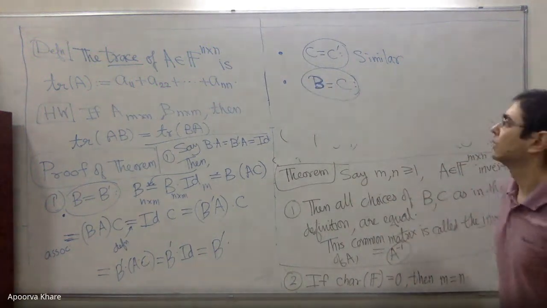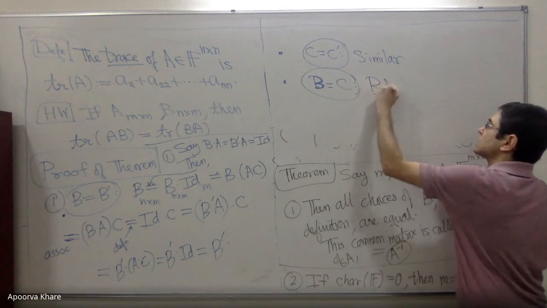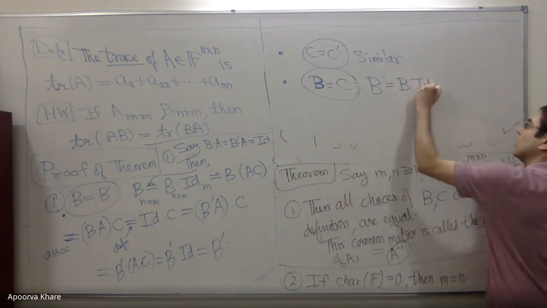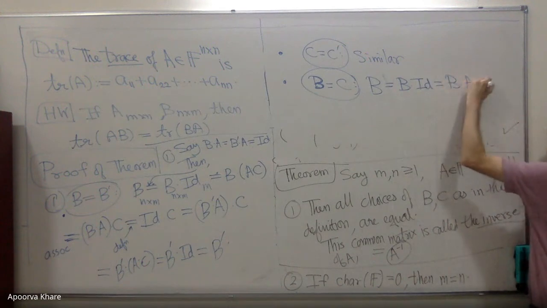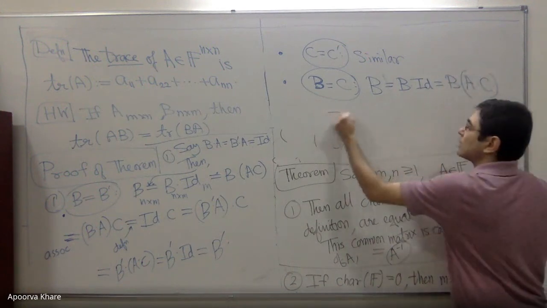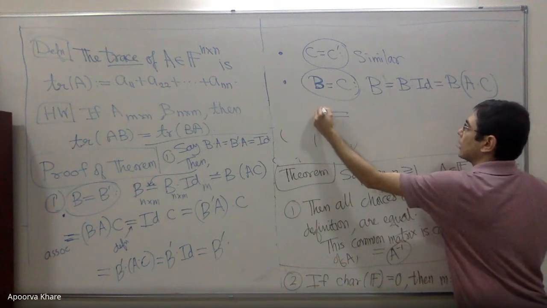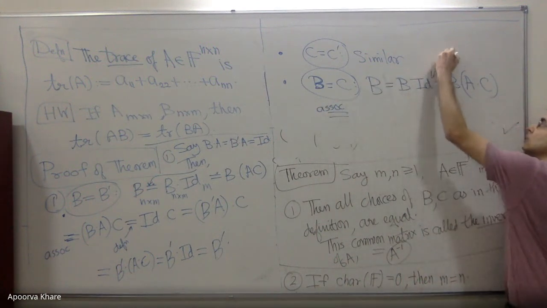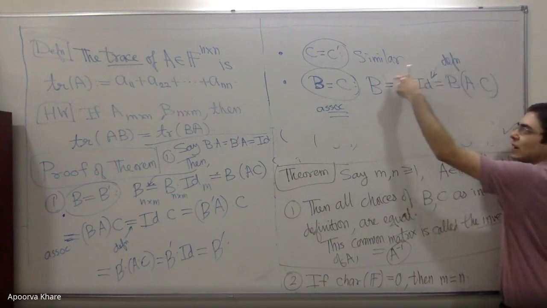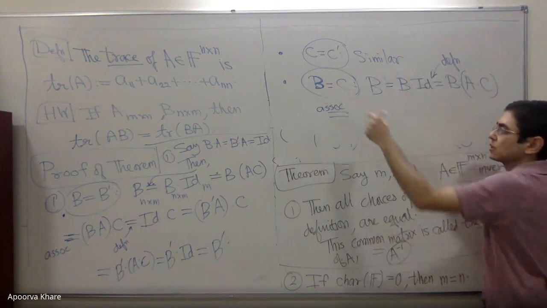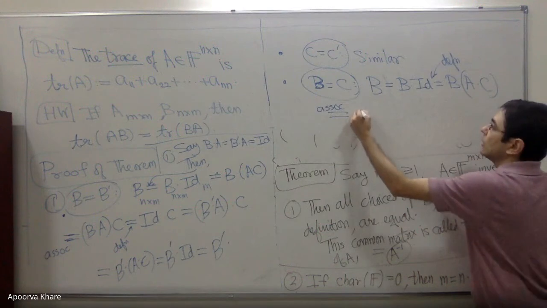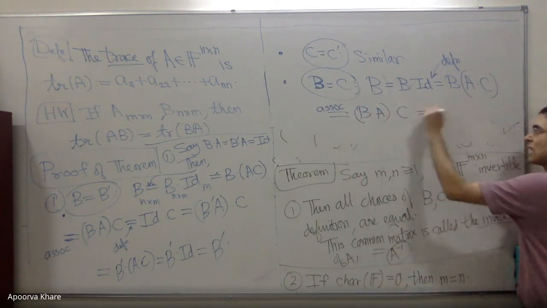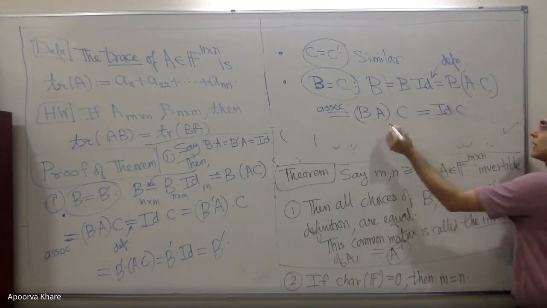All you do is you just say B times, so we start with B. B is B times identity, which is B times A times C. This order, but then by the distributive law, by the associativity. So this is the definition of identity. This is the verification of identity that we saw. Associativity, you get BA times C, but now this is identity times C. Again, by the definition,